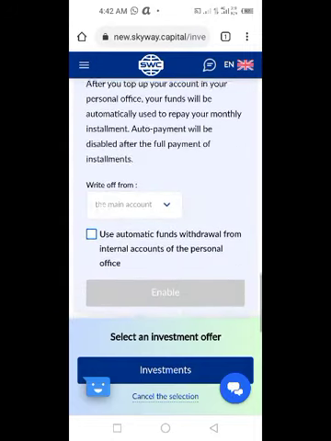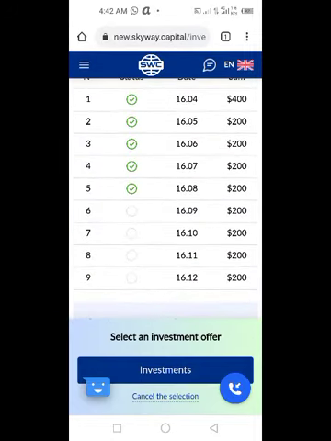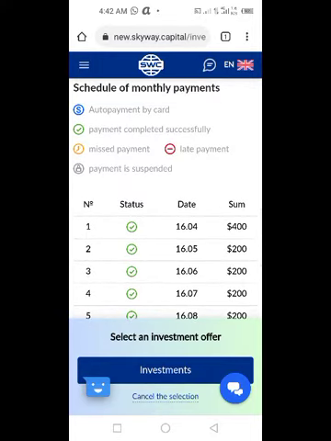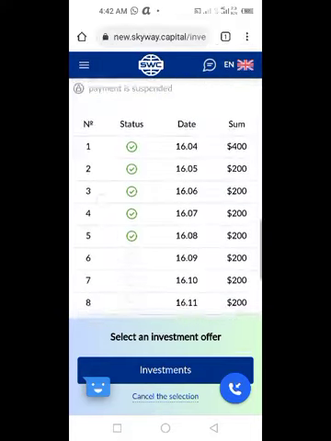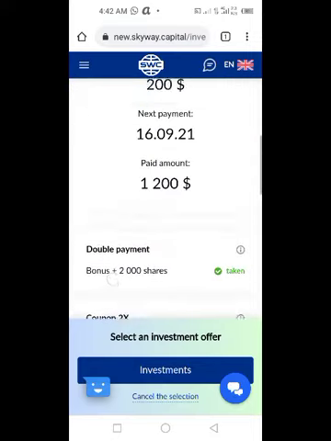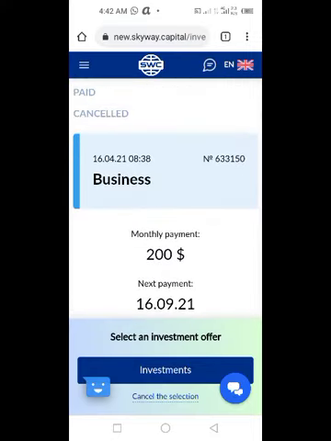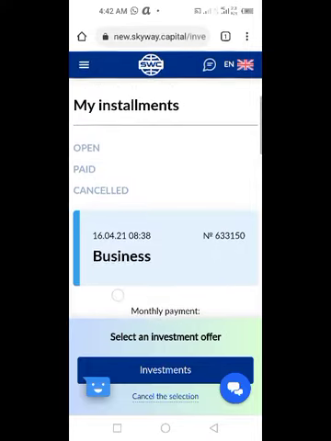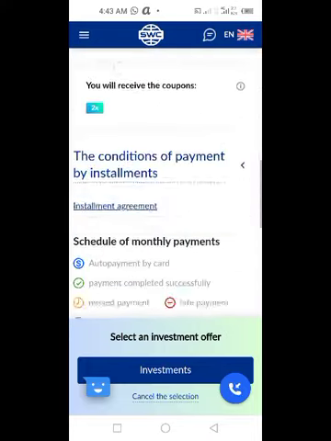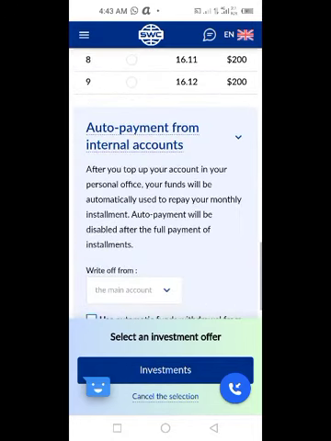Then you make a payment. It will tick off one of the installments of your current package. You can have several installments open. You locate them, they always have a heading. So this one says business with the installment number 63150. So whichever installment you are paying on, you locate that installment and click make a payment, for those who have more than one installment open.